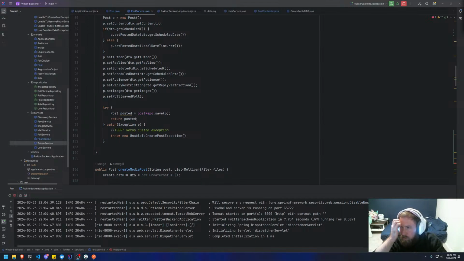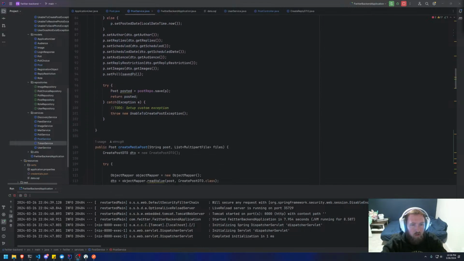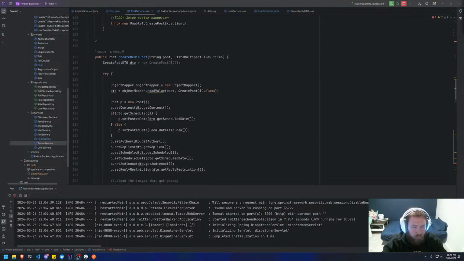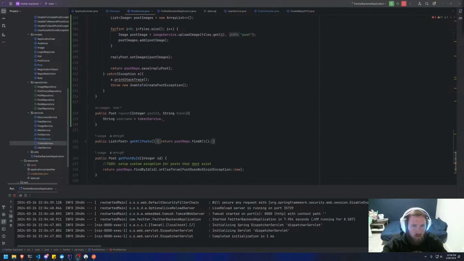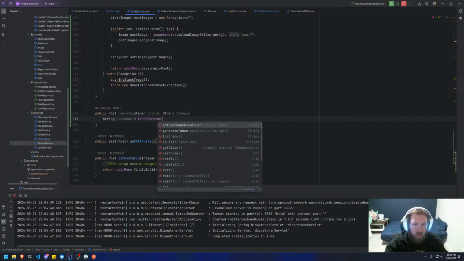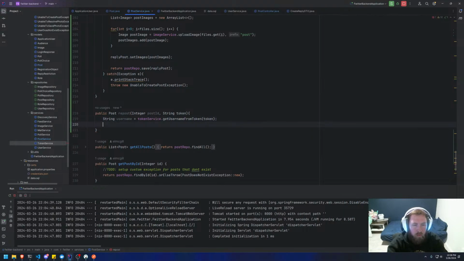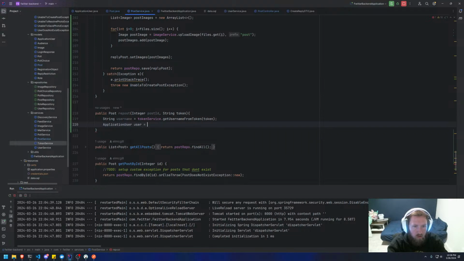Alright, I'm sorry about that. So let's try to go ahead and just wrap this up real quick. It's getting pretty late. So we brought in what we needed inside of a post service, the token service. So now let's go ahead and get the username by that. So token service.get username from token, pass in that token, and then we want our application user is equal to,